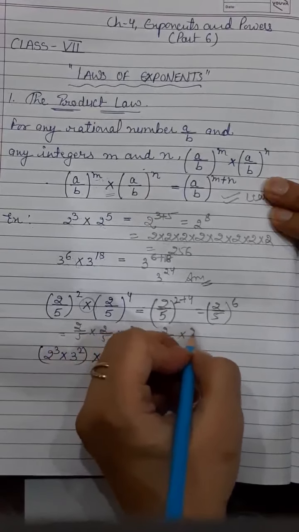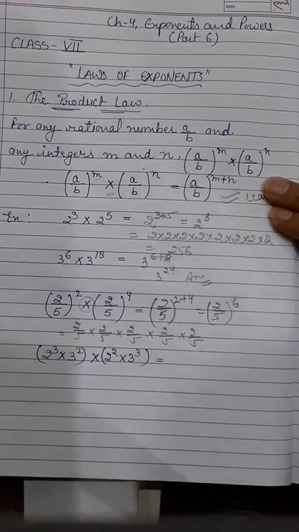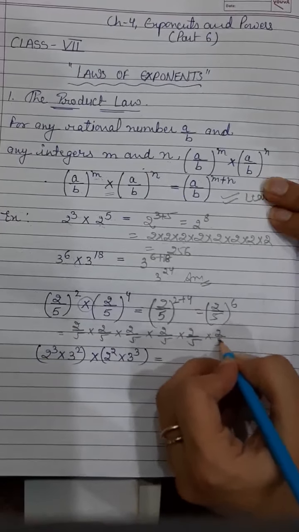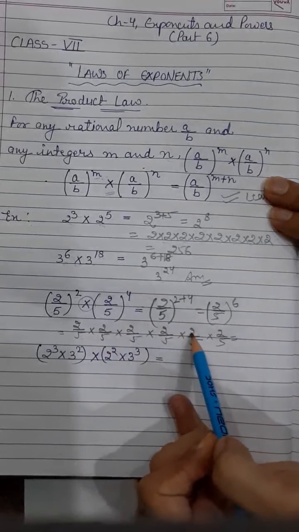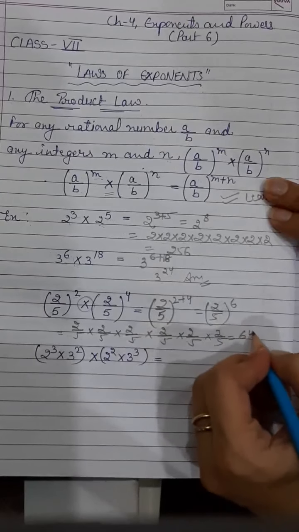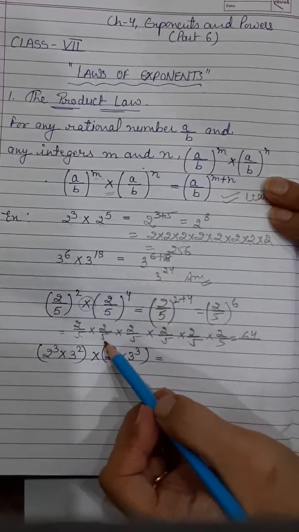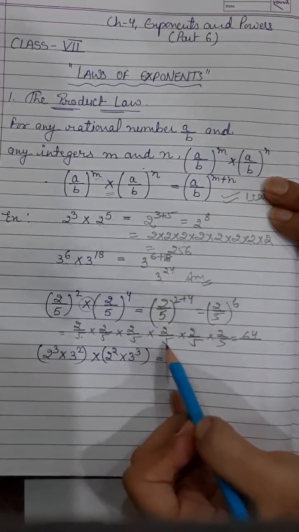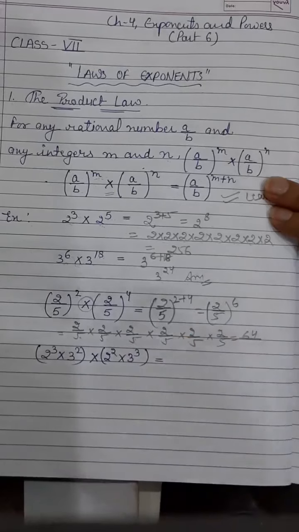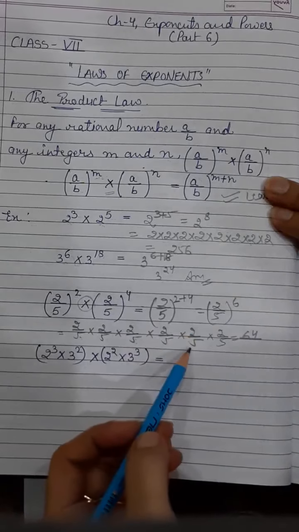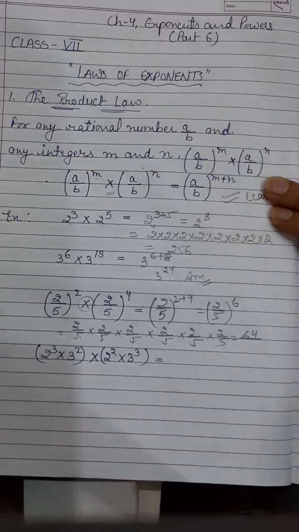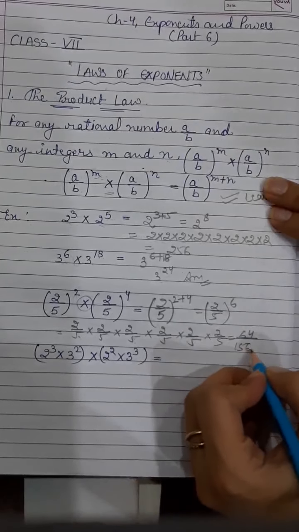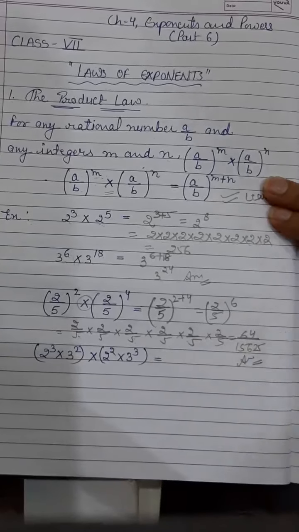One, two, three, four, five, and one more time we have to multiply. So what will come? 2 2s are 4, 2 4s are 8, 2 8s are 16, 2 16s are 32, 2 32s are 64, by 5 5s are 25, 5 25s are 125, 5 125s are 625, 5 625s are 3125, and 3125 when you multiply by 5, then 15,625 will come. This is the answer.